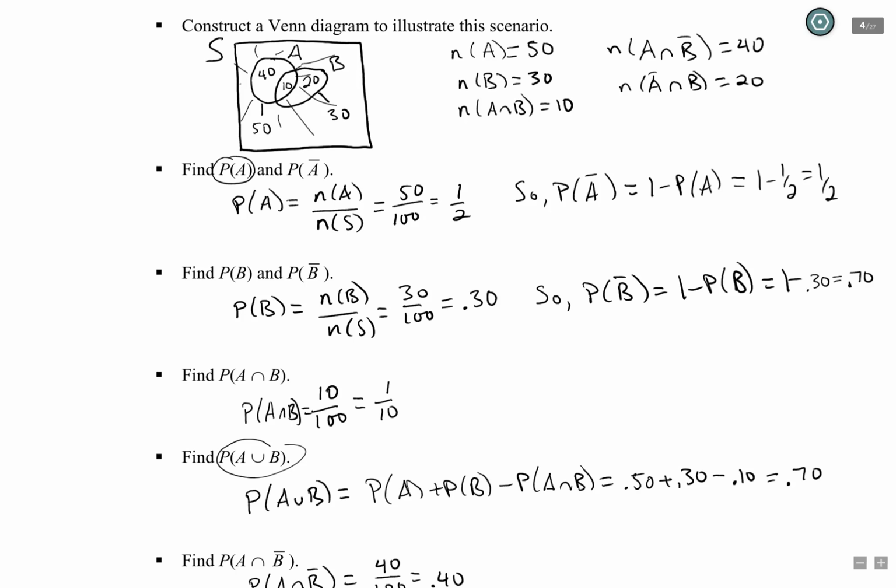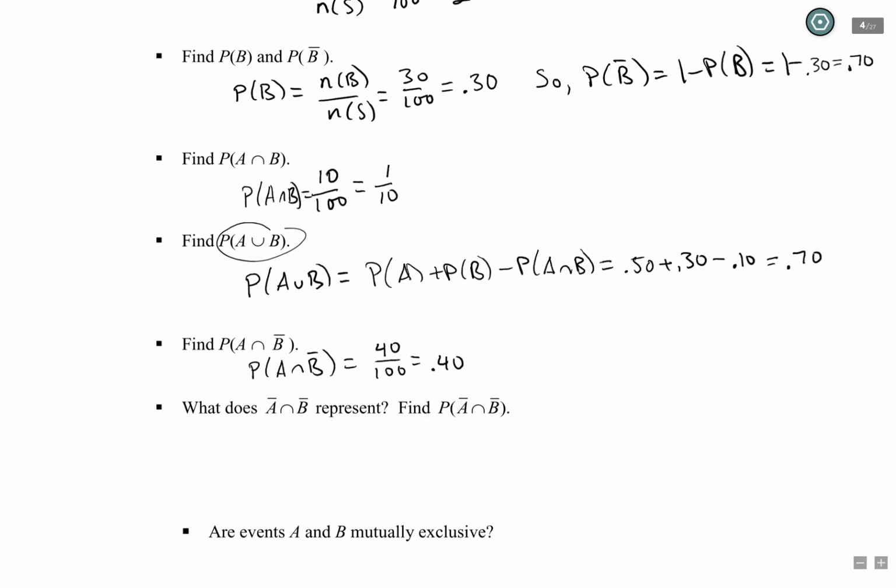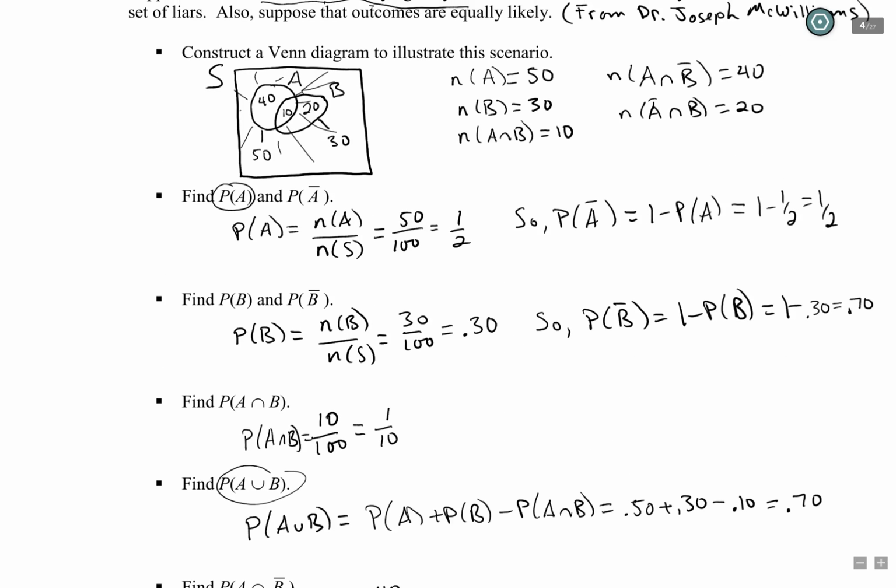Everything outside of A. B complement is everything outside of B. Oh, that came from A, didn't it? Or A complement. So the intersection of